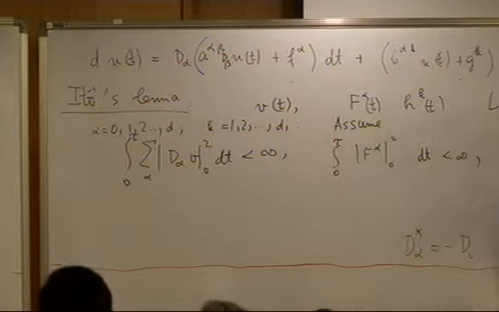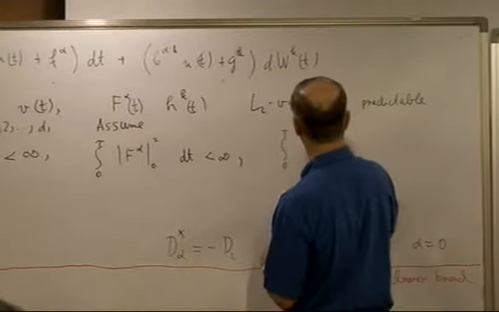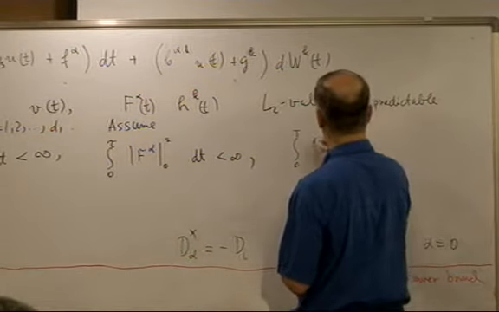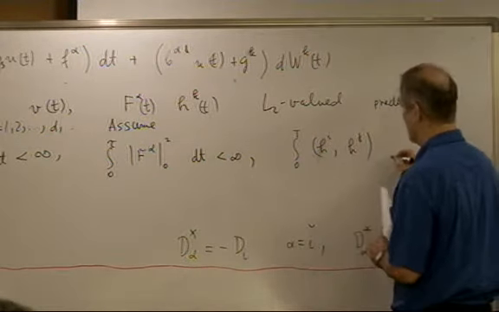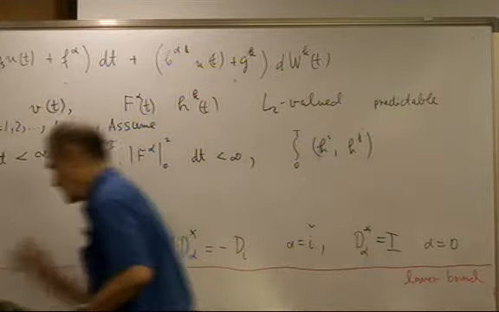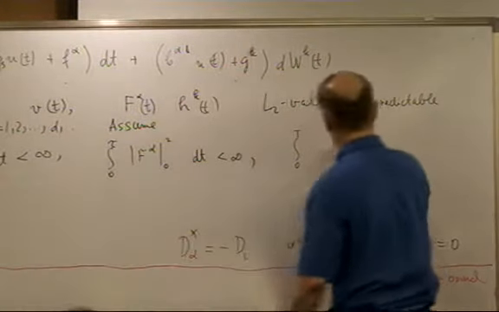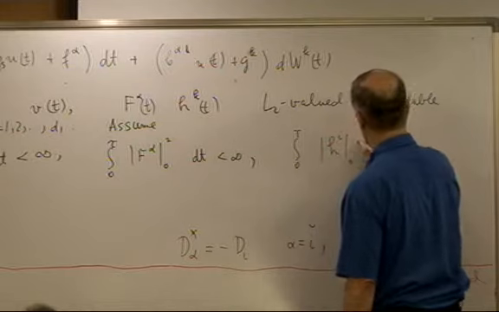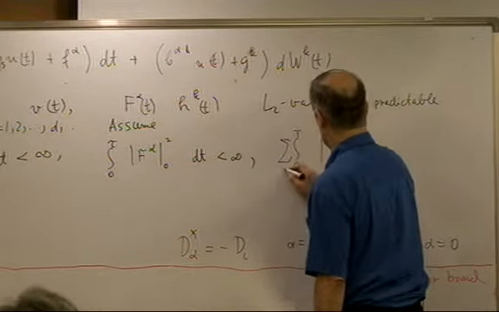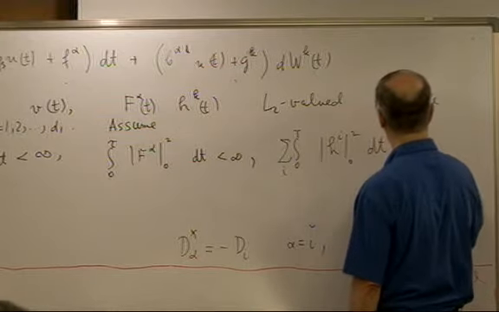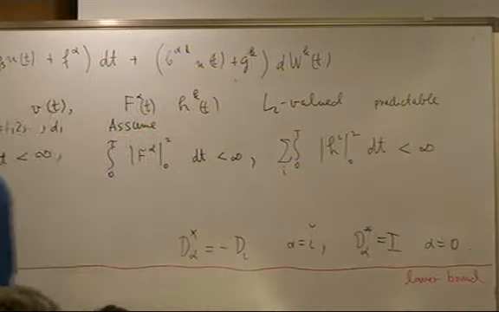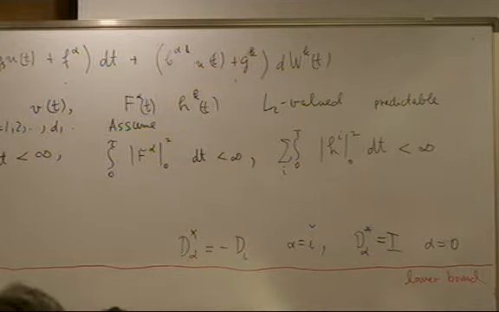And that the integral from 0 to t of the h_i, just take, in this special case, the L2 norm squared, sum over i dt, that all these are finite almost surely. So one condition, second condition, that for every fine